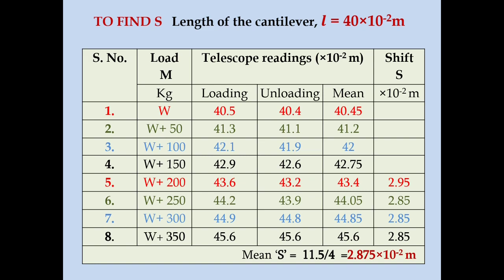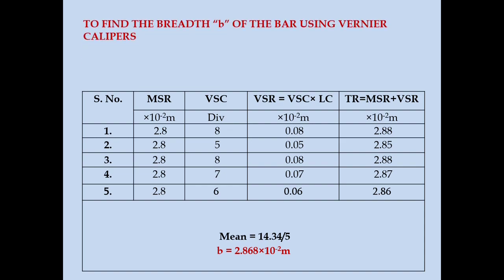We can repeat the experiment for different lengths of the cantilever. It is ideal to choose the length of the cantilever between 35 centimeters to 45 centimeters. If you go beyond 50, at 50 we know the scale is at a neutral point where you cannot find bending. When you go beyond 50, the scale bends more. So, the ideal length is between 35 to 45 centimeters. You can repeat the experiment for the length of the cantilever to be 35 centimeters,